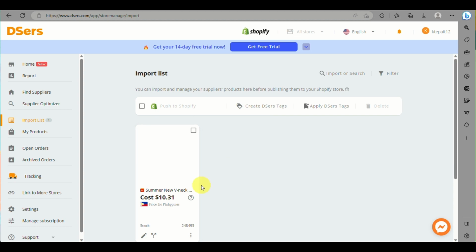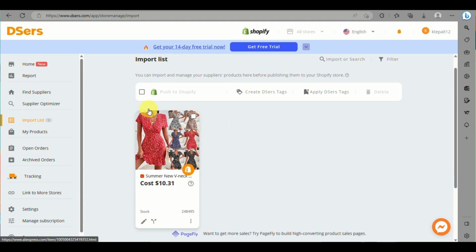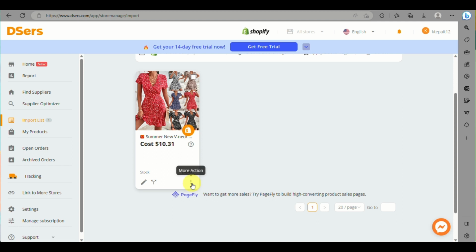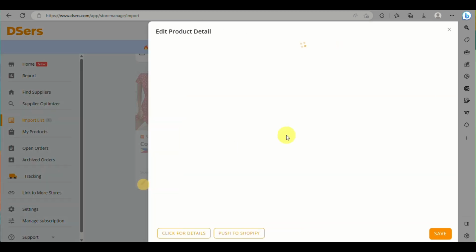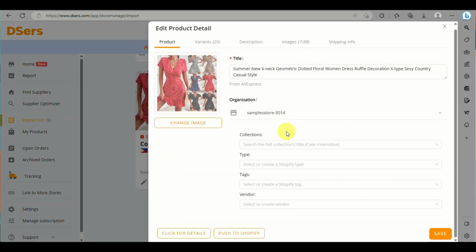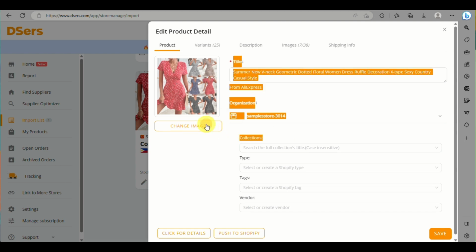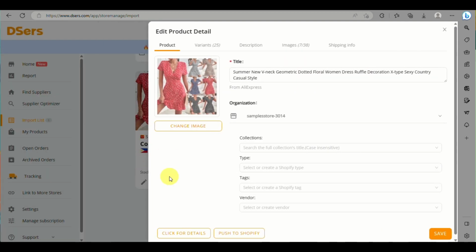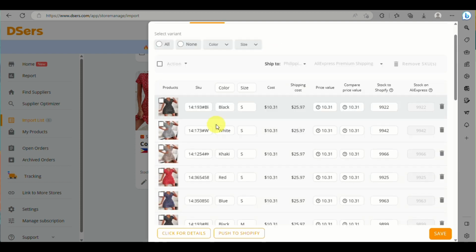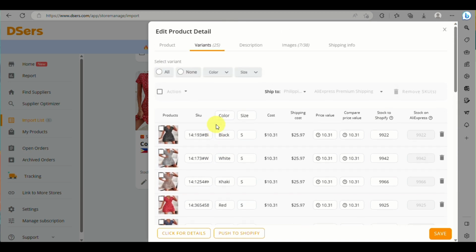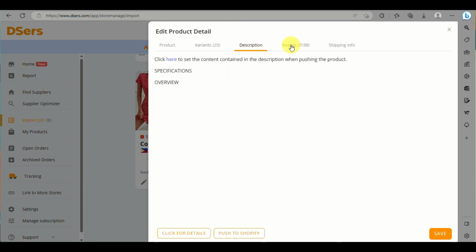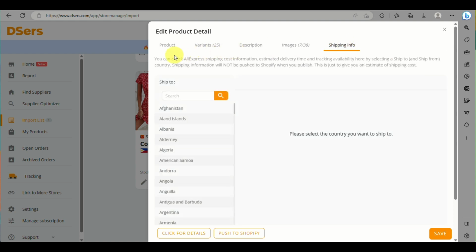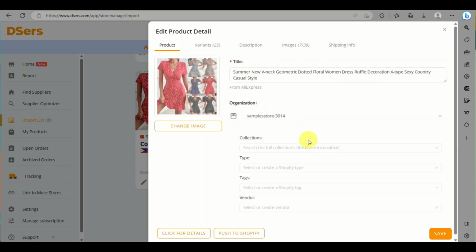As you can see on the import list, there is the product from AliExpress that we have added already. So we have the option to edit the product. We can modify what color of the dress we would like to be on the store. You can even adjust the sizes, the shipping options here, the images, if you wish to add a few images, and once everything has been edited, you can actually click